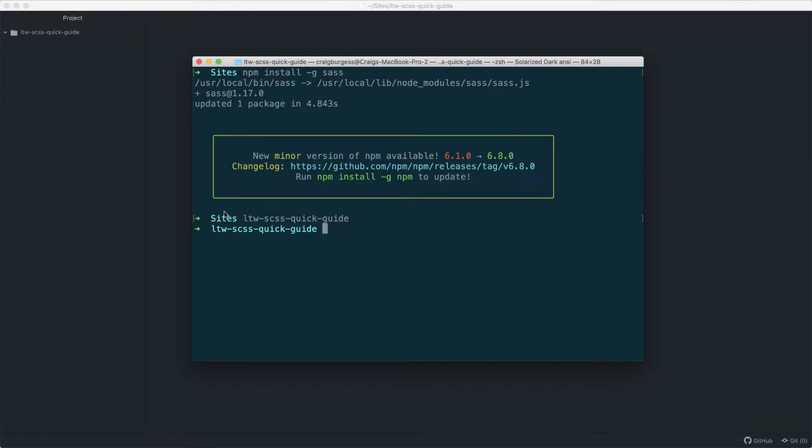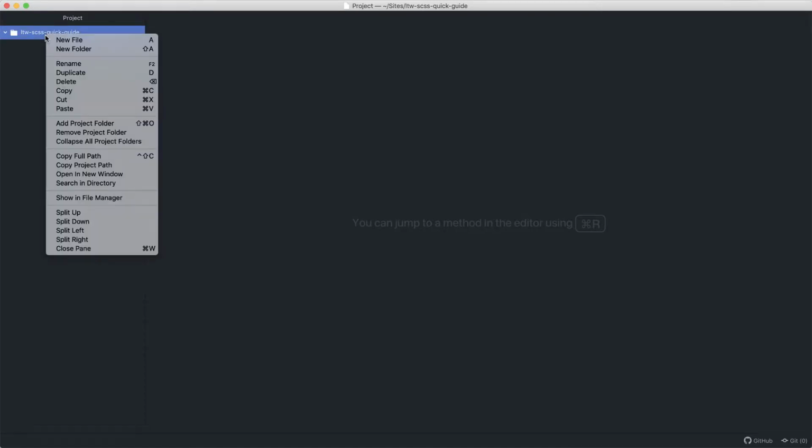Which is that very folder there. And I'm going to make a couple of folders in here. If you've seen any of my other previous videos, you'll know that I like to make an assets folder, and under the assets folder I like to put my images folder, my SCSS folder, my CSS folder, my JavaScript folder, and all that kind of thing. So I'm going to do the same for this video too. So I'm going to start by making an assets folder,